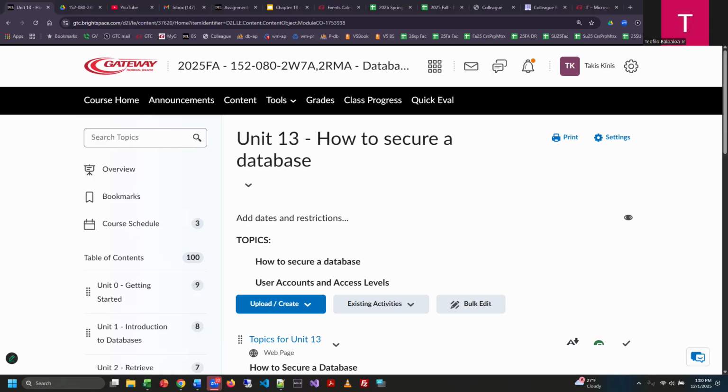Welcome, everybody. Today we're working on Unit 13. The topic for this unit is basically securing a database and looking at user accounts and security access levels to a database. Basically, the way I'm going to teach this unit is I don't have a lot of lecture